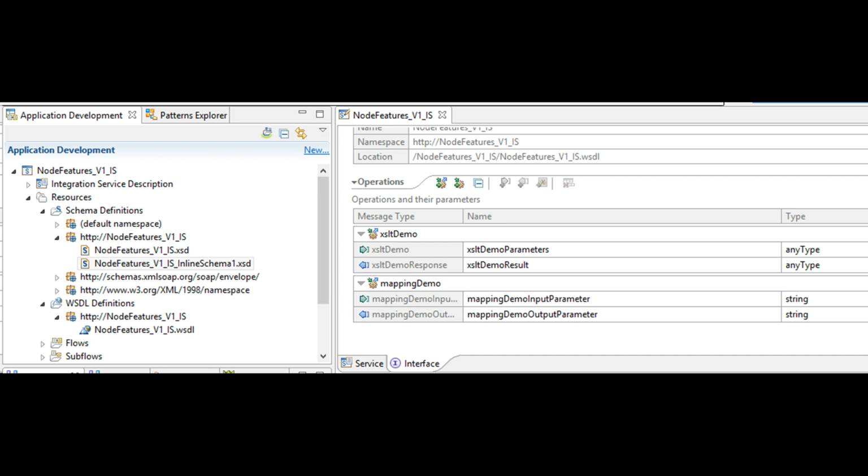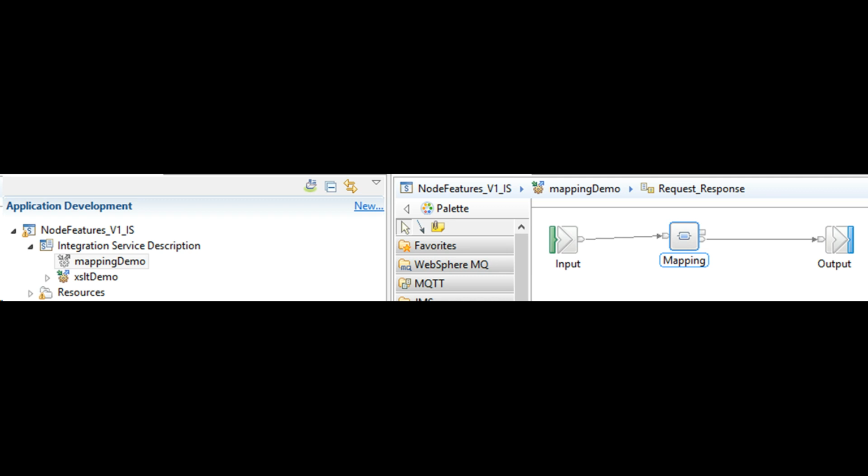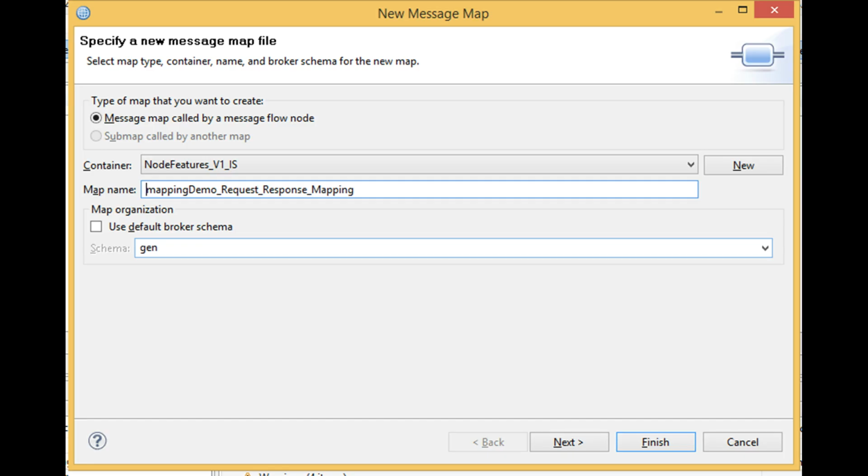Using the GUI, double-click on the SOAP operation to create a subflow. When you double-click on the SOAP operation, many changes occur in your project apart from creating the subflow. Your main flow, which contains SOAP input node, gets modified drastically. Add mapping node to your project as shown on screen. Double-click on it to create a .map file.